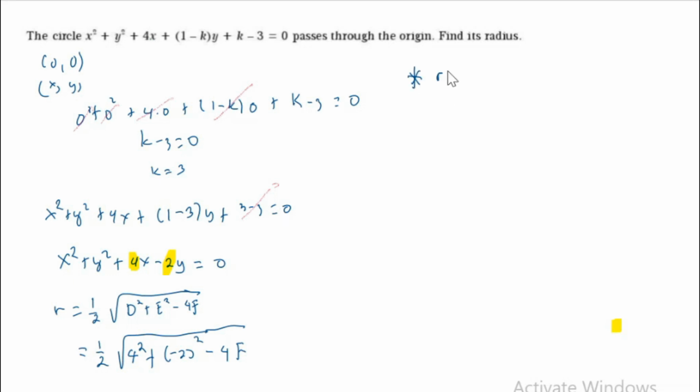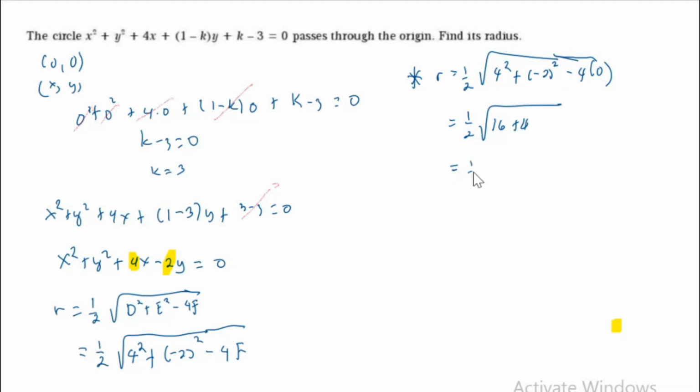So I have r is equal to 1/2 times the square root of 4 squared. I will write first 4 squared plus the square of negative 2 minus 4 times the value of f, which is 0 because there is no constant term on this side of the equation. So that's now 0. Then we can simplify the radicand. We have 4 squared is 16 plus the square of negative 2 is 4 minus 4 times 0 is 0. So therefore, we have 16 plus 4, and that is now 1/2 the square